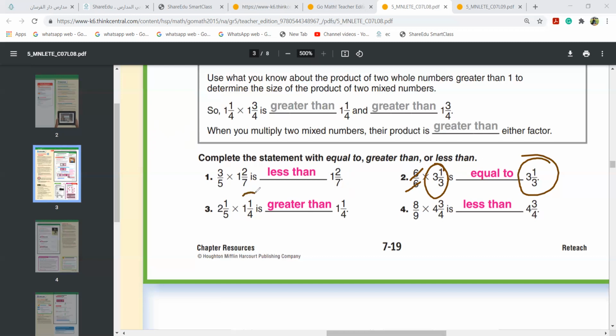Now you have 1 1 over 4. And you have 2 extra, something extra. That too with the whole number. That means it is greater than. I have this same, but you don't have a whole number here. You don't have a mixed number. If this is a mixed number, write down greater than. If it is just a fraction, write down less than. If it is same denominator and numerator, write down they are equal. Did you understand a bit?